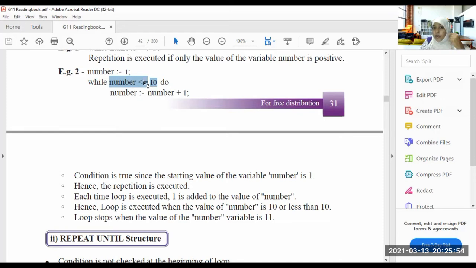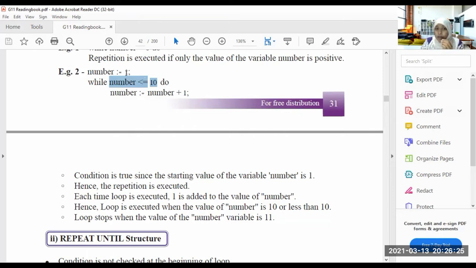So 2 plus 1 is 3. 3 is less than or equal to 10. Yes, the statement is true. Then 3 plus 1, 4. 4 is less than or equal to 10. The statement is correct. Again 5. 5 plus 1. 5 is less than or equal to 10. True. And like that it goes. It repeats. The loop will go on.